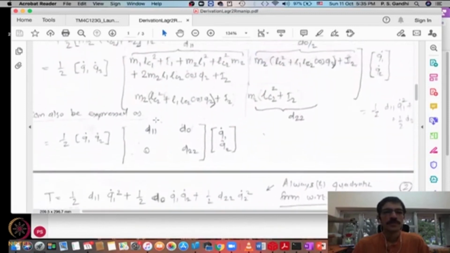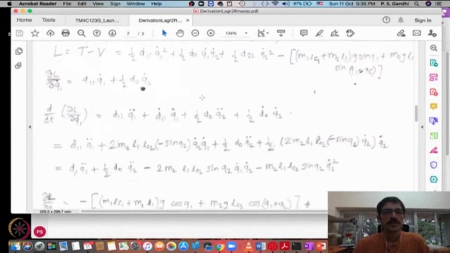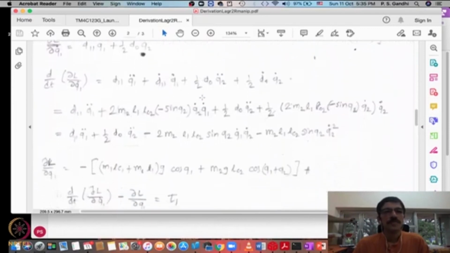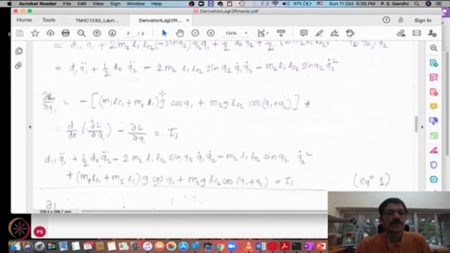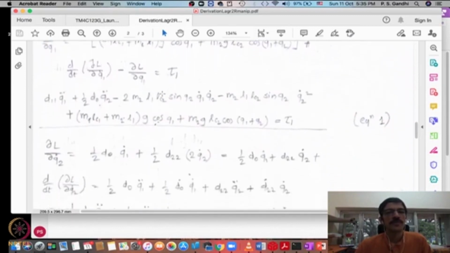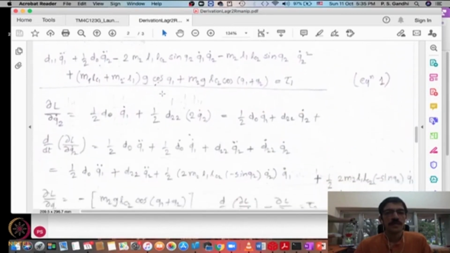So for example, this d11 term has this cosine q2 part inside it. When you are differentiating with respect to time, an additional part of the terms will come there. You can see here, d11 dot terms is coming here, and you can account for that accordingly. So like that you keep on doing this formulation and algebraic simplification of the terms,